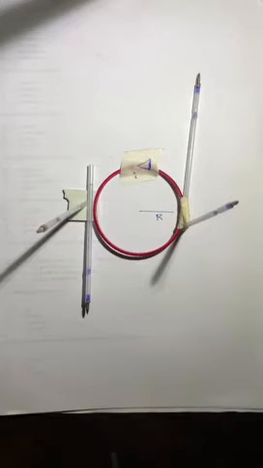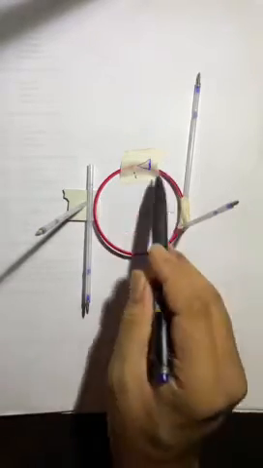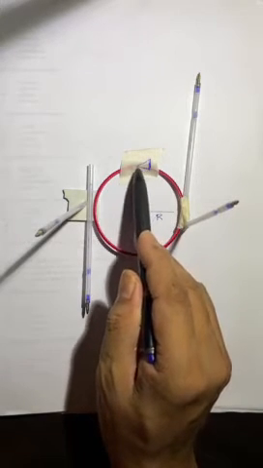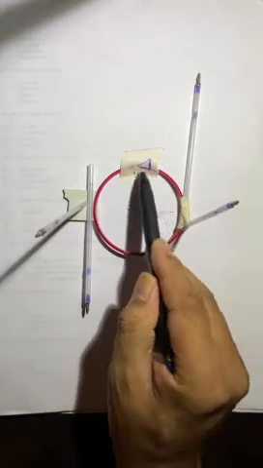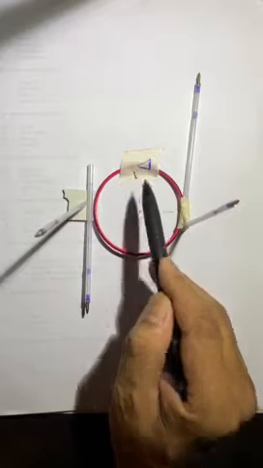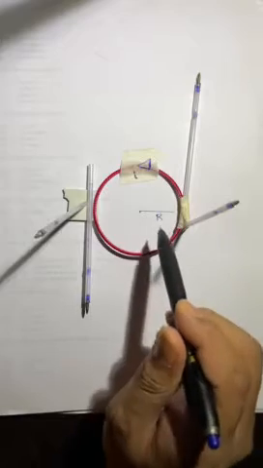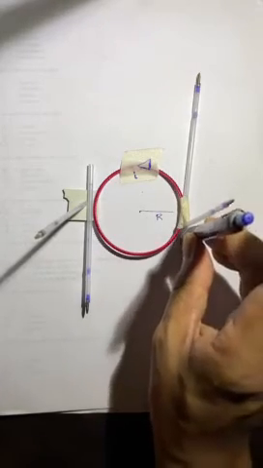Here I am going to demonstrate the problem of a circular loop of radius r. So this is a circular loop. Let us consider this is a circular loop of radius r carrying a current I. I am considering the current is in the anti-clockwise direction, and it is placed in a uniform magnetic field, and this field is perpendicular to the surface.